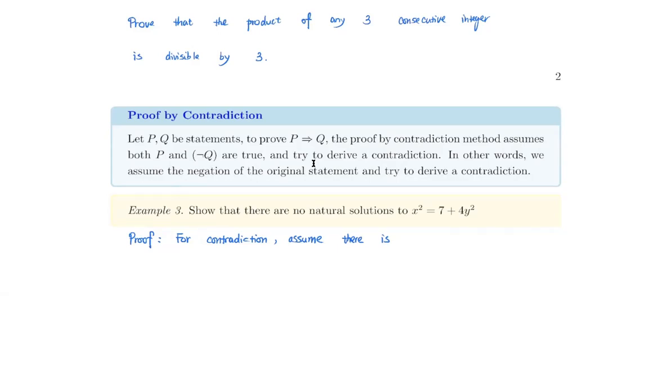Actually, no. Assume there are in natural